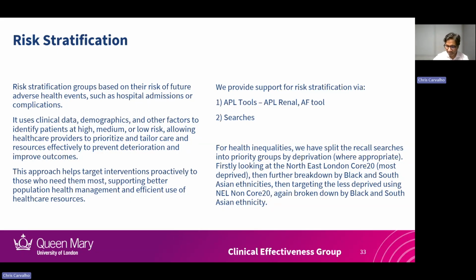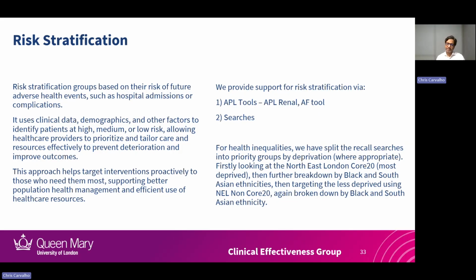But I think with the demands in primary care, it's not necessarily feasible to do a really detailed analysis and risk stratification in all circumstances. And there is capacity and capability that we need to be aware of. So the support that we provide gives people the tools to do both, to go in and drill down into the detail, to really target that risk stratification, or to use something that gets them on that journey,